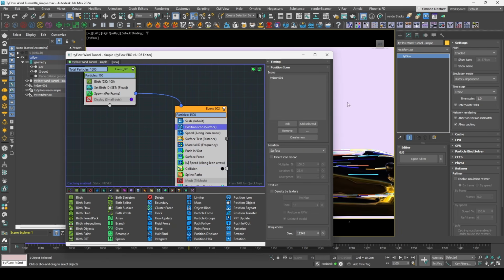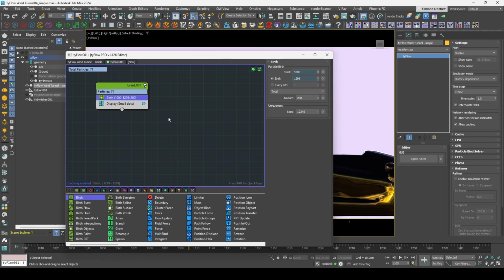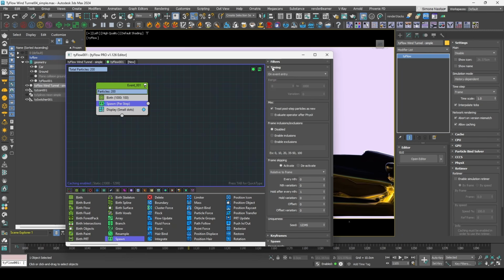Let's start from scratch. Let's create a new flow, and let's birth 100 particles and spawn them by frame in a continuous way. Oops,